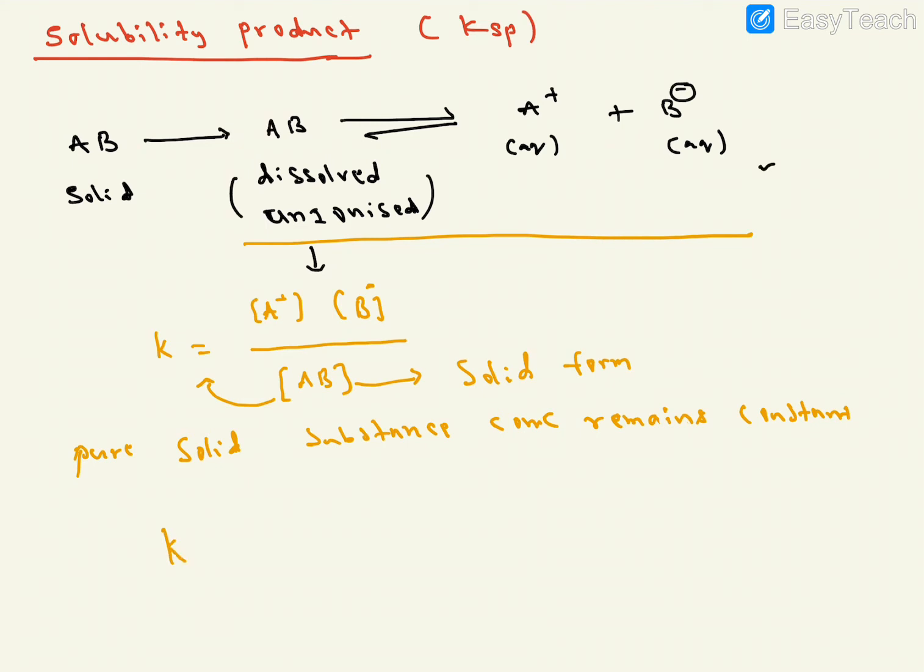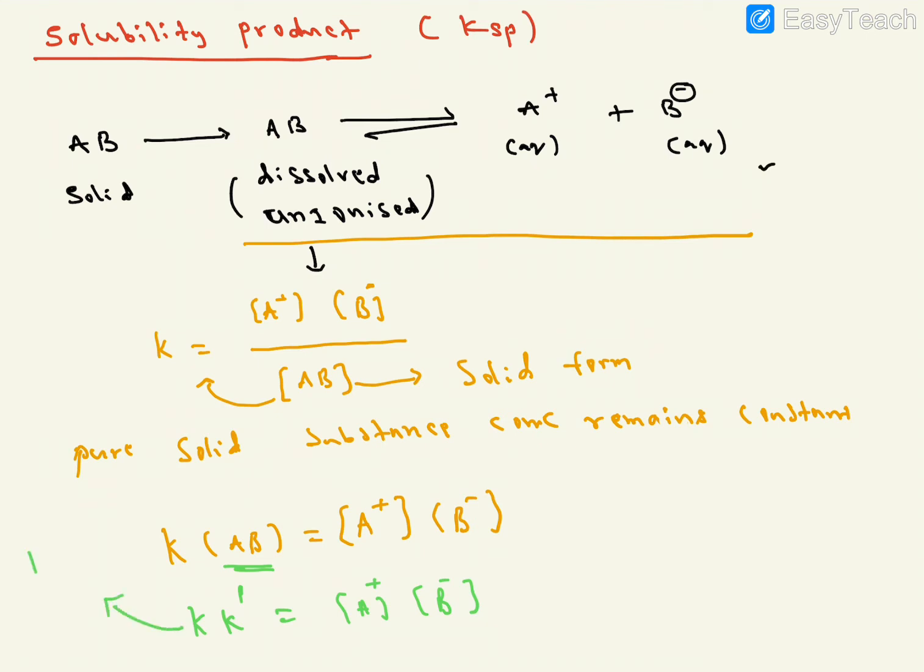So that is A and this is the constant. AB is equal to, what is the solubility here? What is the solubility of ions? The concentration of A ions times the concentration of B ions. I hope it is clear. So this we can take as a constant, that is K dash, right? So K into K dash equals the concentration of A plus ions and the concentration of B minus ions. So this K into K dash we can also represent.